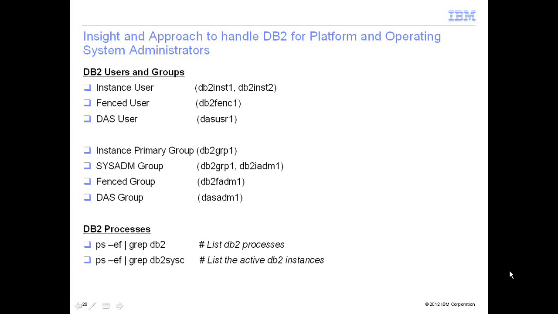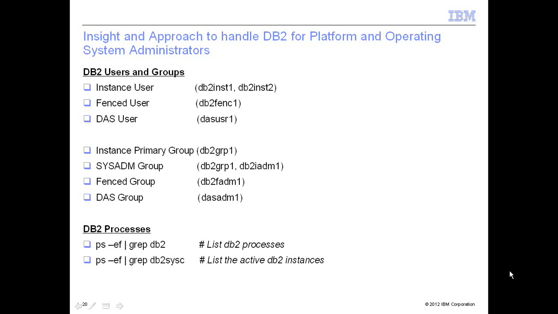Slide number 20. There are some important users and groups for DB2 which are not to be messed up with. We have had cases where a DB2 user is thought to be a normal user, and sometimes there are some changes that happen at user level. For example, maybe the user is dropped and recreated, and it looks like the user is back, but the instance is actually gone, because when we have a DB2 instance created, every DB2 user is actually an OS user, unlike other RDBMS, where it could be an OS user or it could be a DB level user. So every user in DB2 is an OS user.